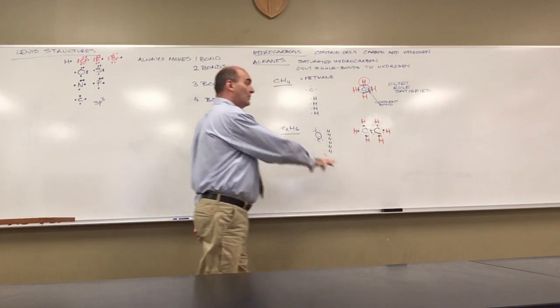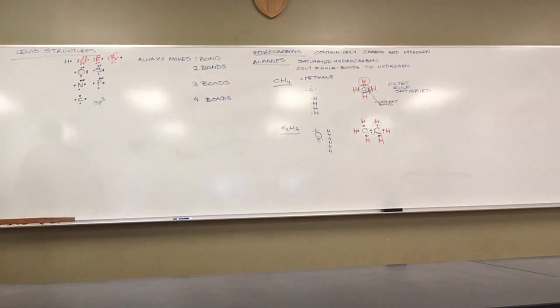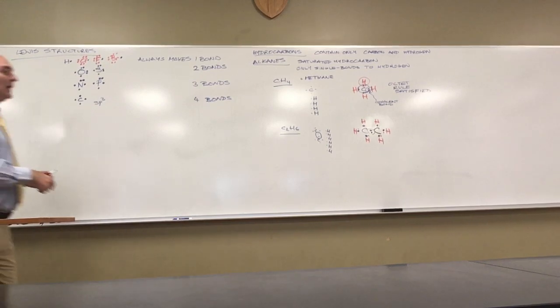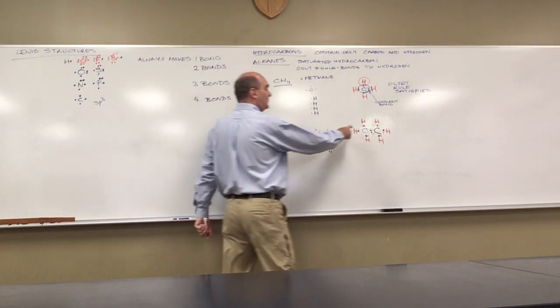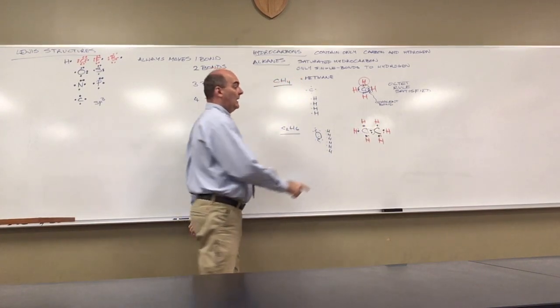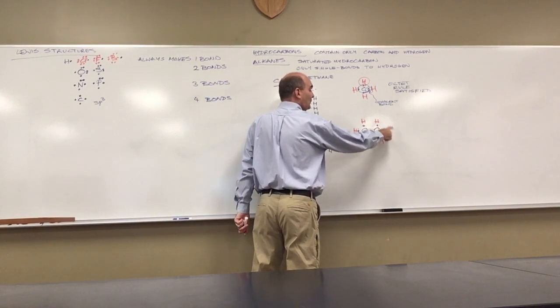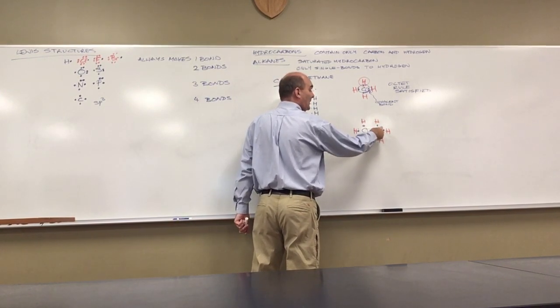Then what I do is just mop up all the other available spaces. Every other available unpaired electron, bonding electron, gets a hydrogen. And now each one of these hydrogens has a closed shell of 2 electrons, and this carbon, the black one,